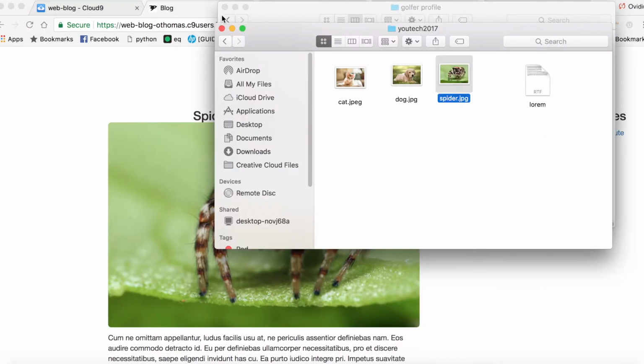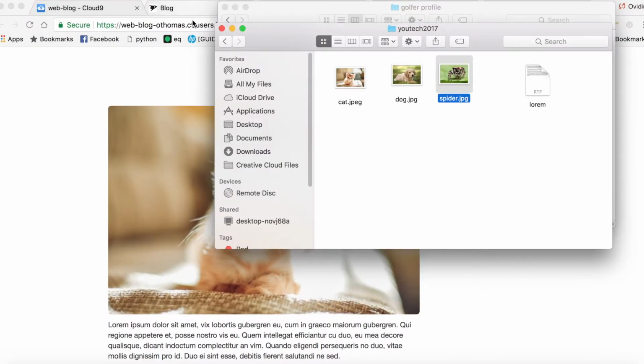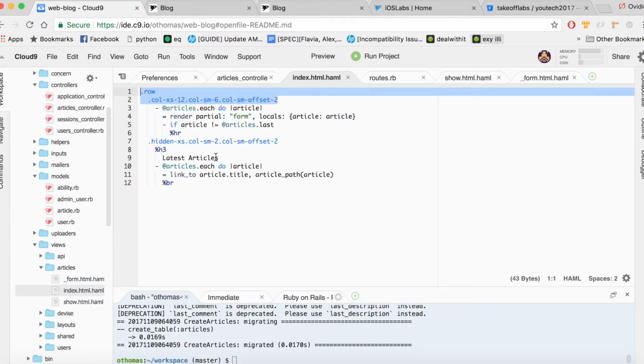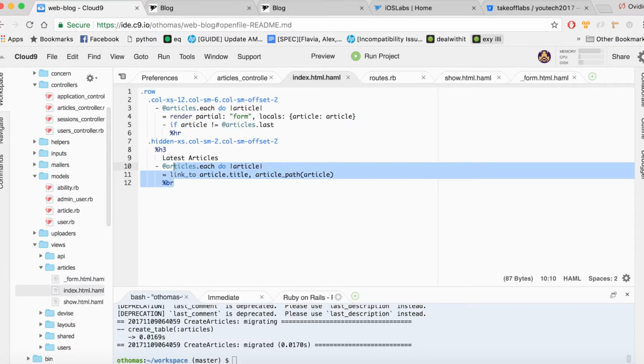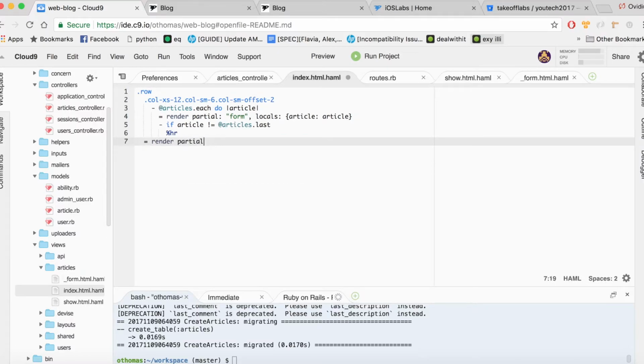Now we also want this latest article here to the show. So we do the same step we've done with the form one. So we go here, we copy this, we say render partial